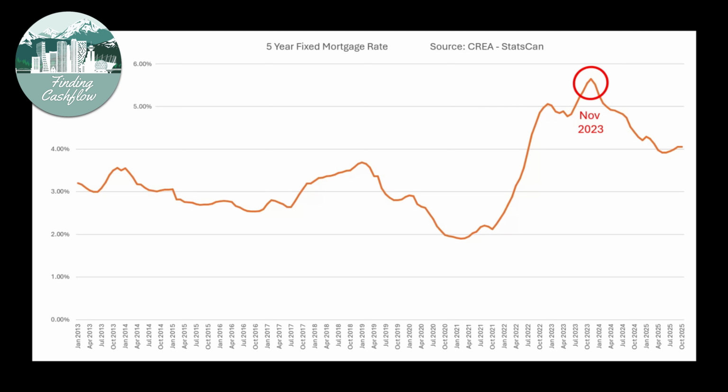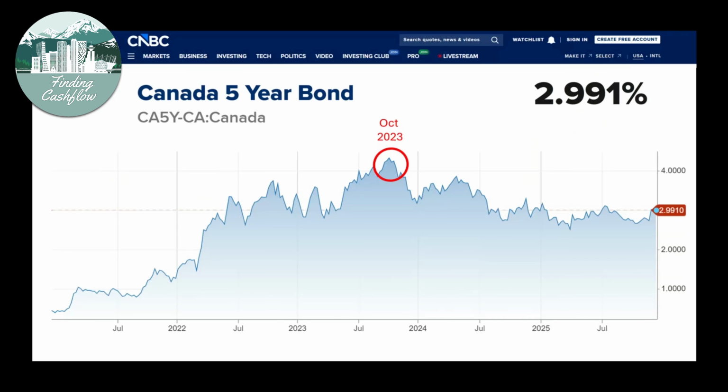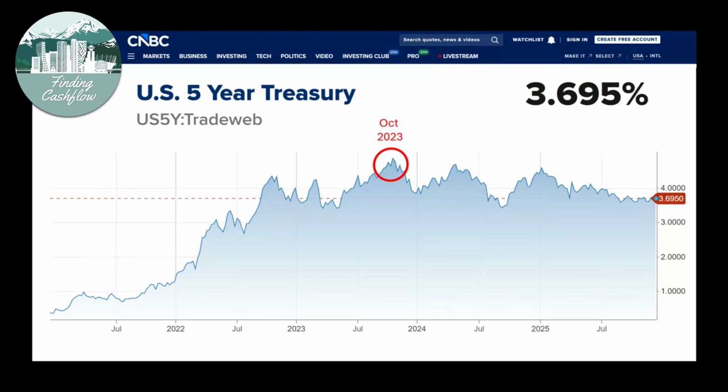The 5-year fixed-rate mortgage peaked here in Canada right after we experienced the peak in the 5-year Canada bond yield. And the peak in the Canada 5-year bond yield occurred in October of 2023, at the same time where we saw the peak in the US 5-year Treasury yield. This would have happened because the Canadian government competes with the US government for the same investors to buy their debt. Once again, all of these bond markets are interconnected. And I think the core theme of this entire podcast is that everything in our economy is tied back to bond yields, as it is bond yields that determine the cost of borrowing and therefore determine the cost of money.